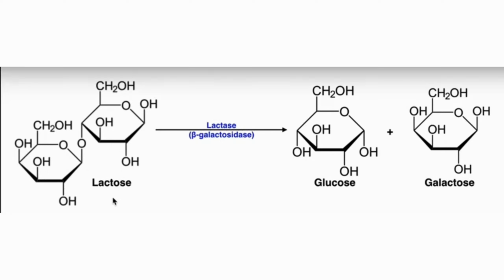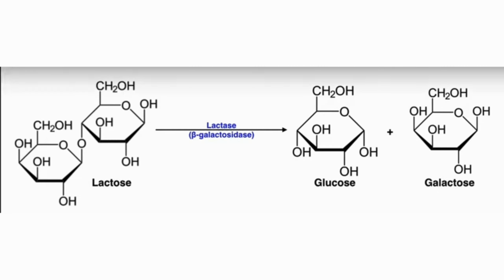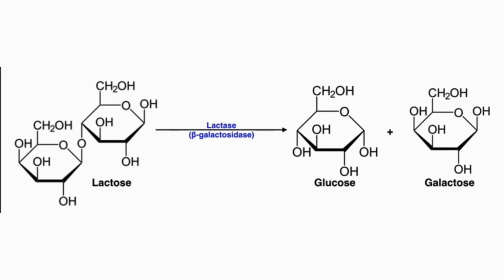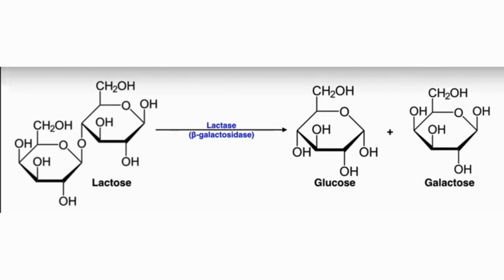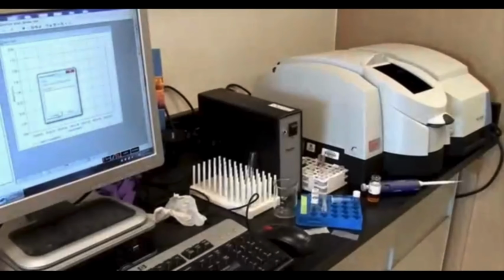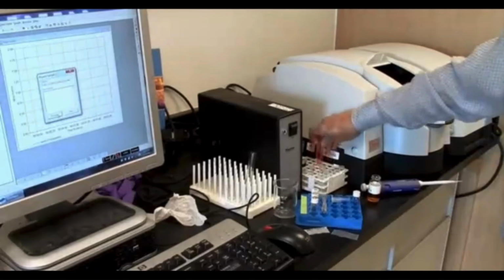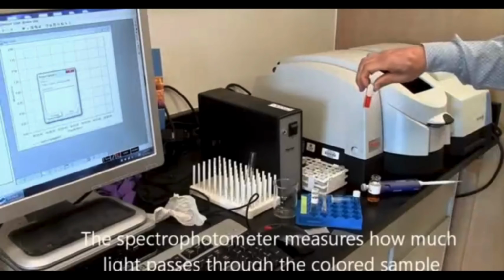Lactase facilitates the breakdown of lactose by splitting the beta-glucosidic bond, resulting in the production of two monosaccharides, galactose and glucose. We employed a spectral photometer, setting it to a 450 nanometer absorbance wavelength to measure light absorbance, which reflects the concentration of substrates and products. For the purpose of this experiment, OMPG, a compound that mimics lactose structure and is detectable by the spectral photometer, was used as the substrate.